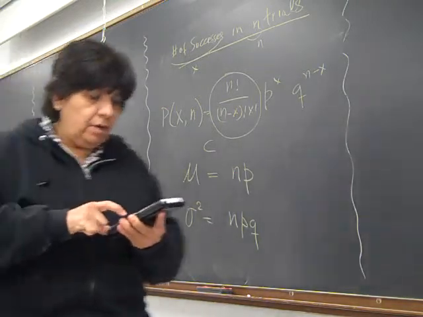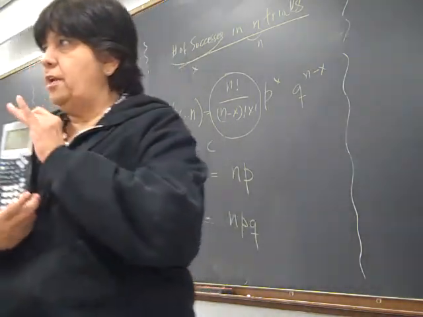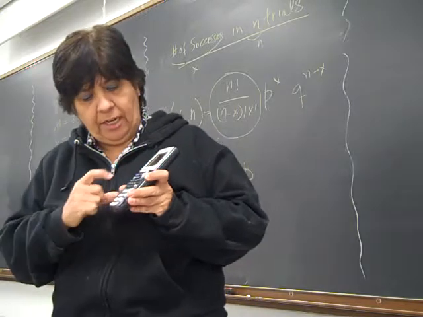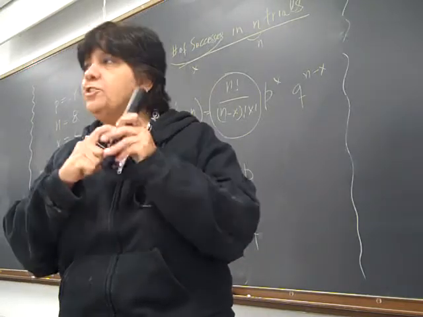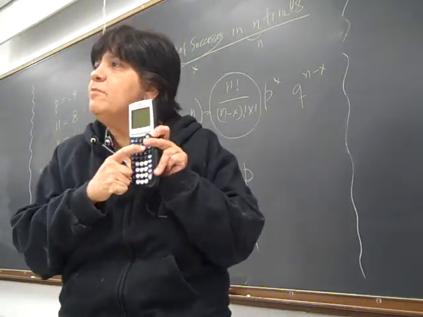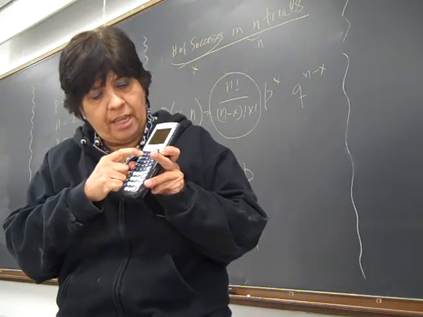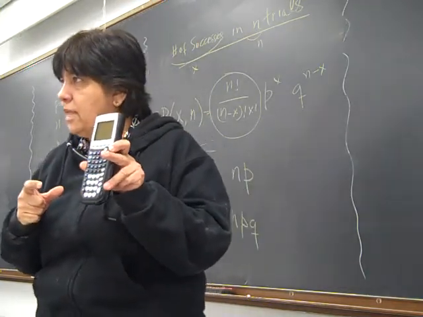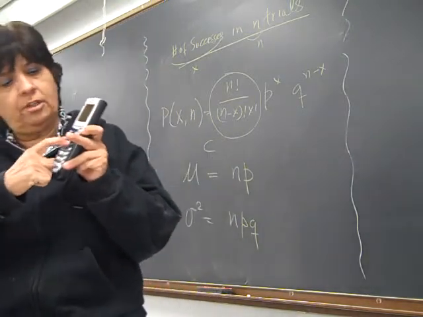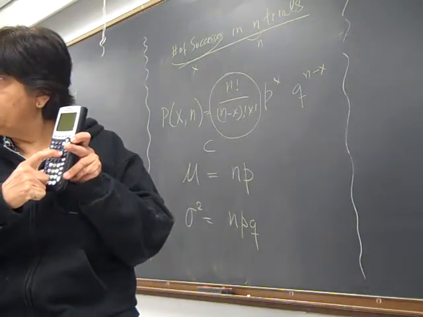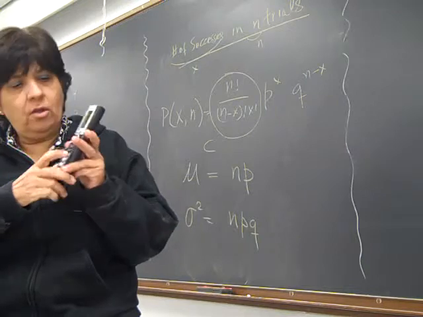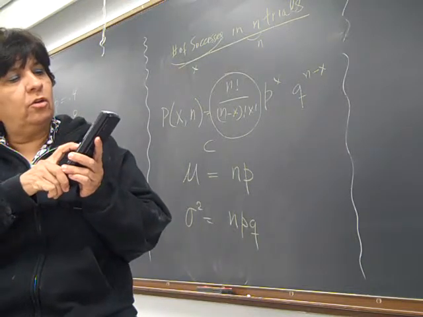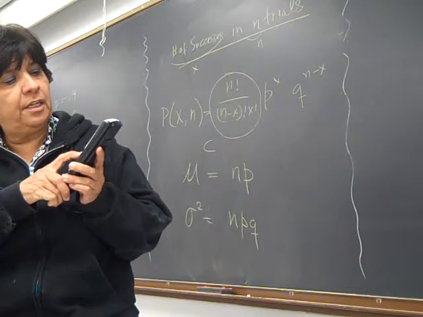In the TI-84, you have to hit the distribution that is in blue. So you have to hit second bars, okay? Second bars is right here. And you go down until you find